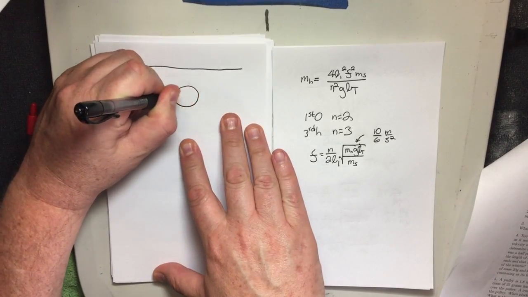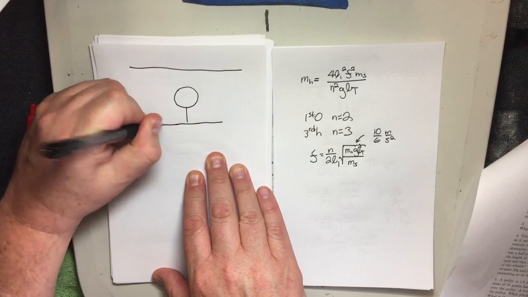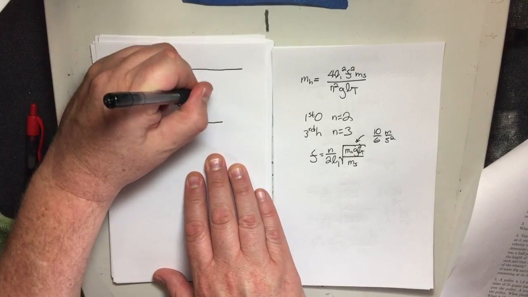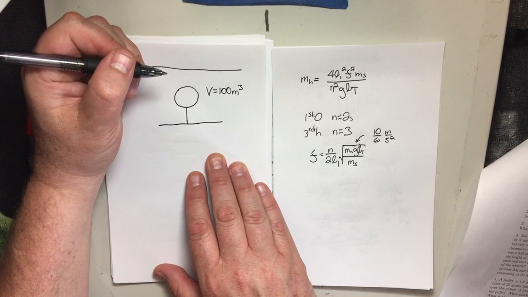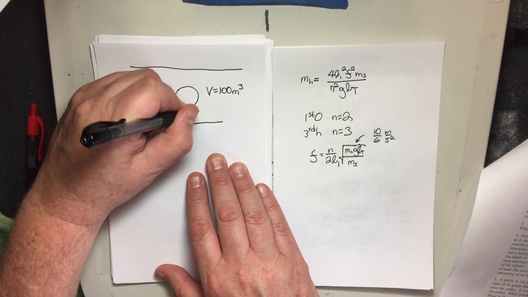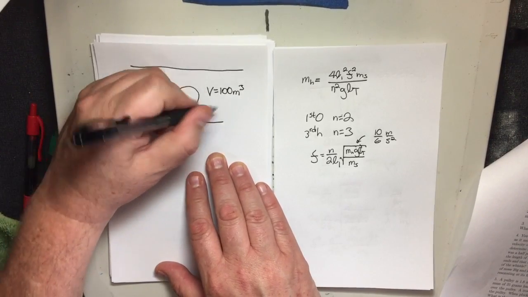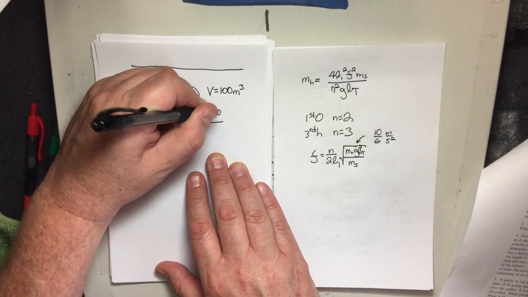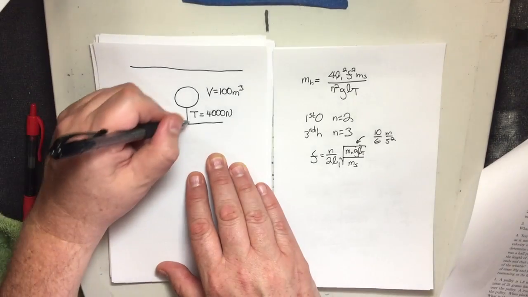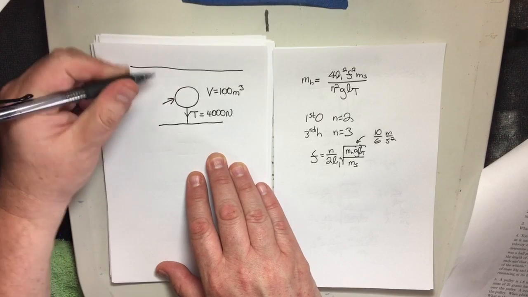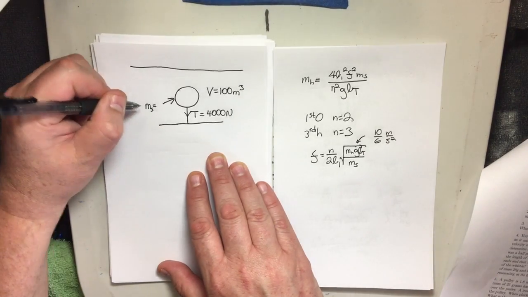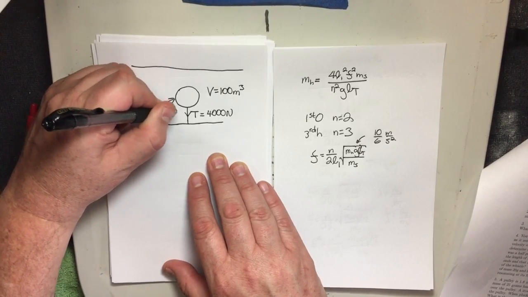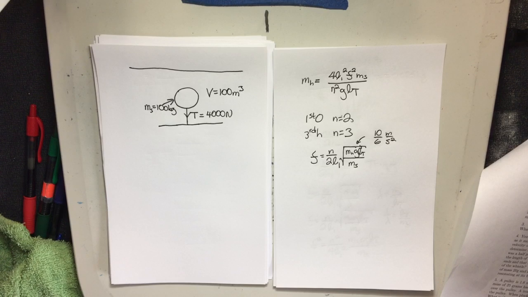You have a sphere underwater. The volume is 100 cubic meters. I'm gonna have to get the numbers right. There's a tension given in the string, and it is 4,000 newtons, holding it down. The mass of the infinitely thin shell is, oh, I'm gonna have to figure this out. What I would do, this is one of the reasons why I do alphabet soup mode. But given the mass of the shell, given the tension of the string, given the volume of the object,